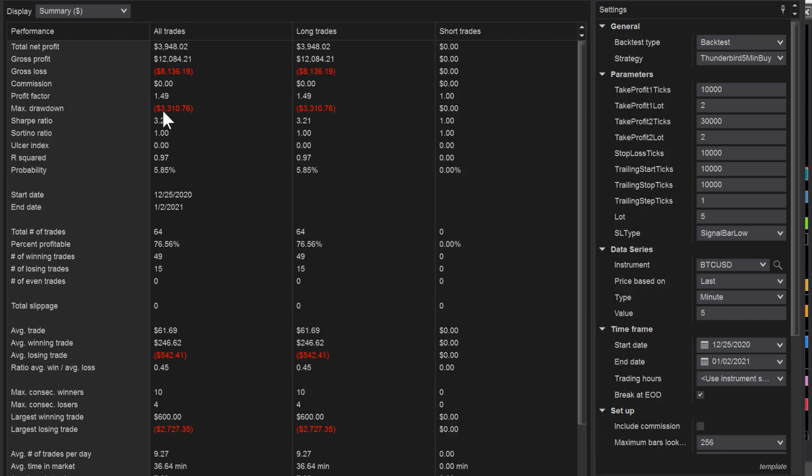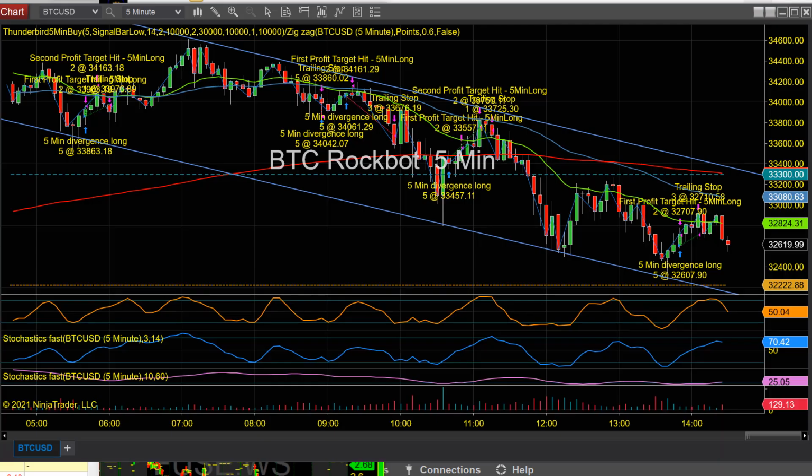Profit factor 1.49, which you want to have over 1. I've had some great results on the 5-minute. I really do point out that the 5-minute is where you want to stick. So that's basically a look at setting the Bitcoin up on your RockBot. Now,